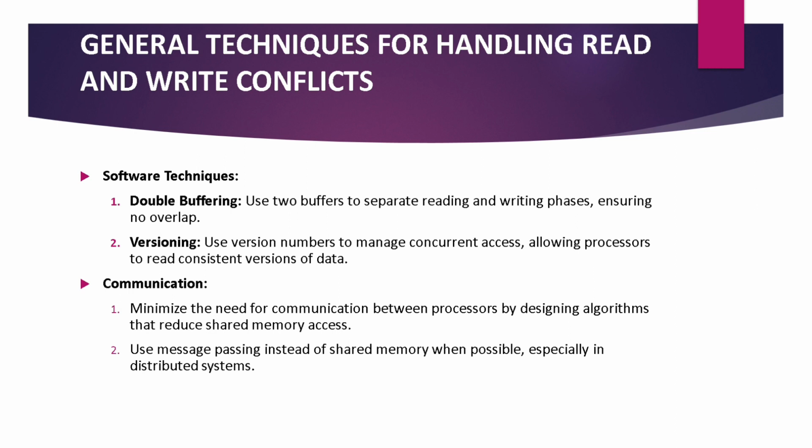It uses two buffers to separate reading and writing phases, ensuring no overlap, and uses version numbers to manage concurrent access, allowing processors to read consistent versions of data. And in communication, it minimizes the need for communication between processors by designing algorithms that reduce shared memory access, and by using message passing technique instead of shared memory when possible, especially in